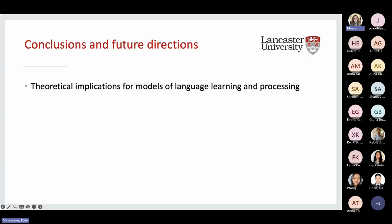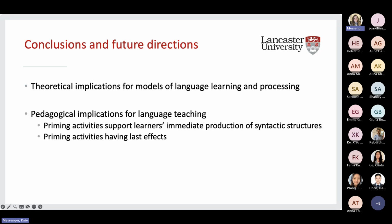So across these different studies, there's theoretical implications when we think about what syntactic priming tells us about language learning and processing, the kind of mechanisms that might underlie that, and the way in which different factors might interact with that. But one of the things Mariam was particularly keen on was the pedagogical implications of these findings. So the way in which these kind of activities could actually translate to sort of teaching environments and provide ways to help speakers produce structures that they maybe wouldn't use normally. And these activities tend to have lasting effects, so could be quite a useful